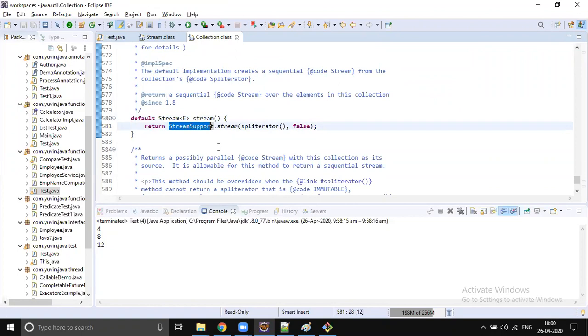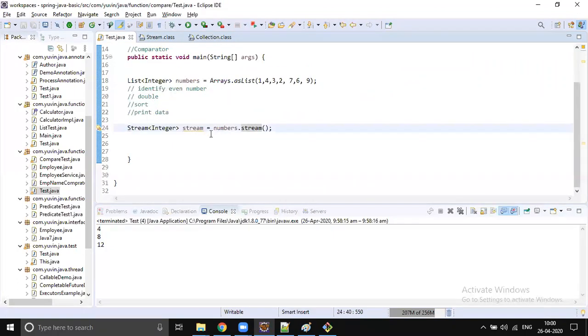Right now we are in Java 8. Though Collection is an interface, still you can get an object of stream. How? Java supports default implementation, and the Java people themselves are providing the implementation for stream. We don't need to write any implementation. We can happily use existing streams. Okay. So now I got an object of stream, right?